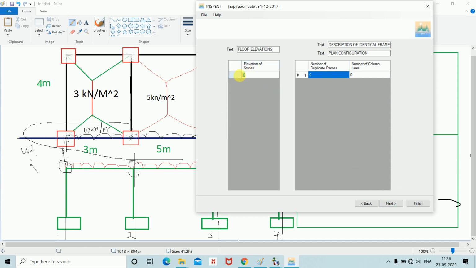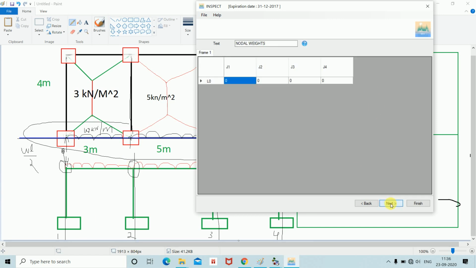Then next, elevation of the story, that is generally 3 meter, that is 3000 mm. Then number of duplicate frames, there is only one frame. And number of column lines, how many column lines? 1 2 3 4. Okay, 4 column lines are there. Then next, you can see here J1, J2, J3, J4, that is nothing but the first story. Obviously in this problem we have taken only one story, and this is nothing but J1,